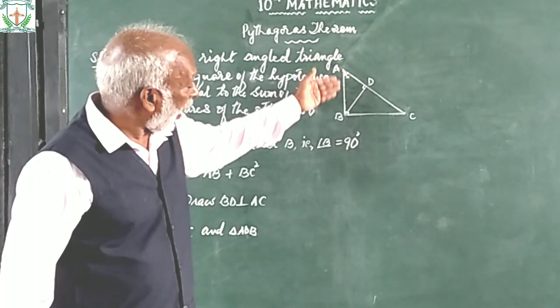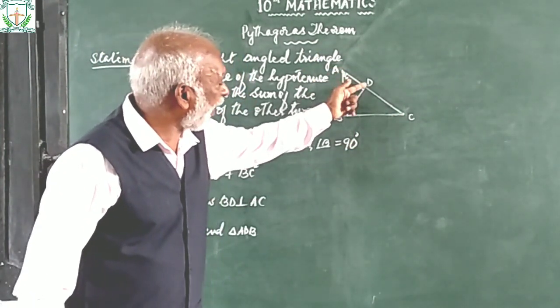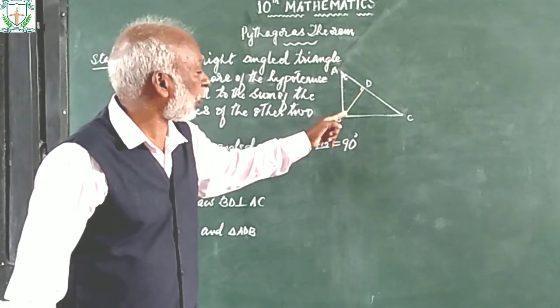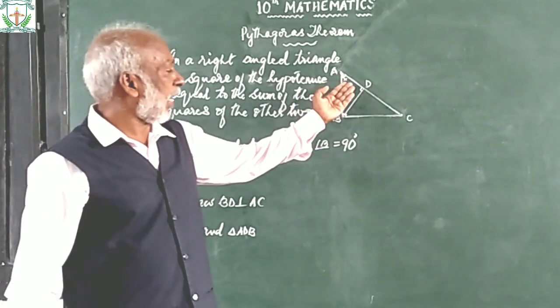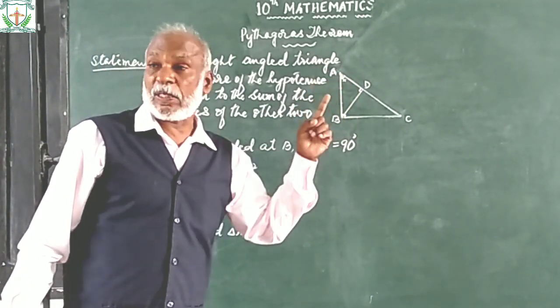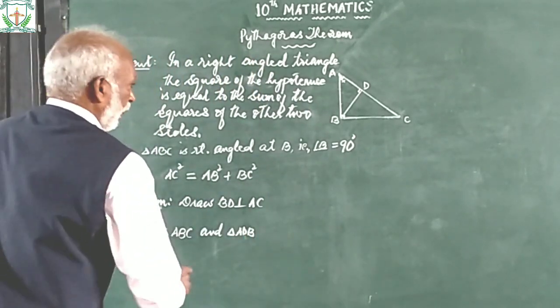Now, angle ABC is a right angle, this is 90 degrees. Angle ADB is also a right angle. So this is 90 degrees and this is also 90 degrees. One angle is common, the other angle is 90 degrees. So in these two triangles,